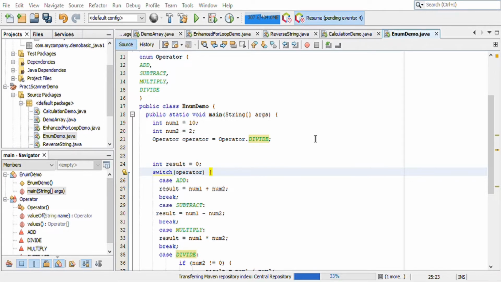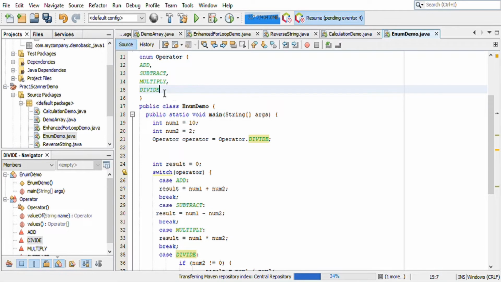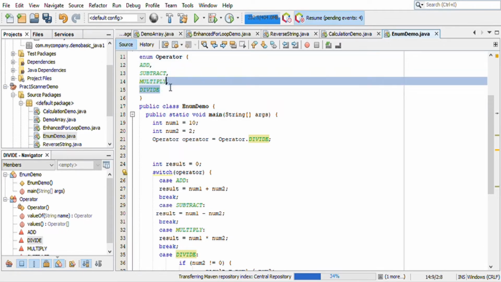An enumeration can have a constructor, methods and instance variables, and it is created with the enum keyword. Enumeration variables are used and declared in the same way as we declare our primitive data types. An enumeration can be defined simply by creating a list of enum constants. You define an enumeration with the keyword enum, as we have defined an enumeration with the name Operator, and we are defining four operators inside the enum: add, subtract, multiply and divide.